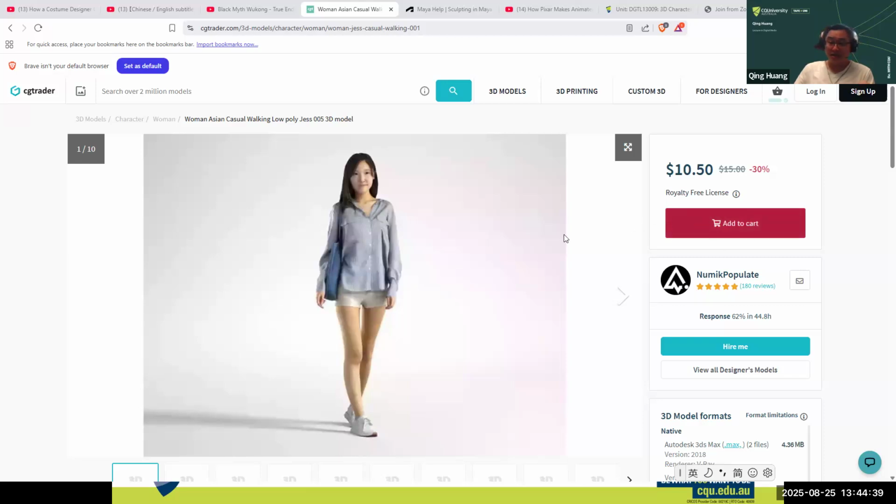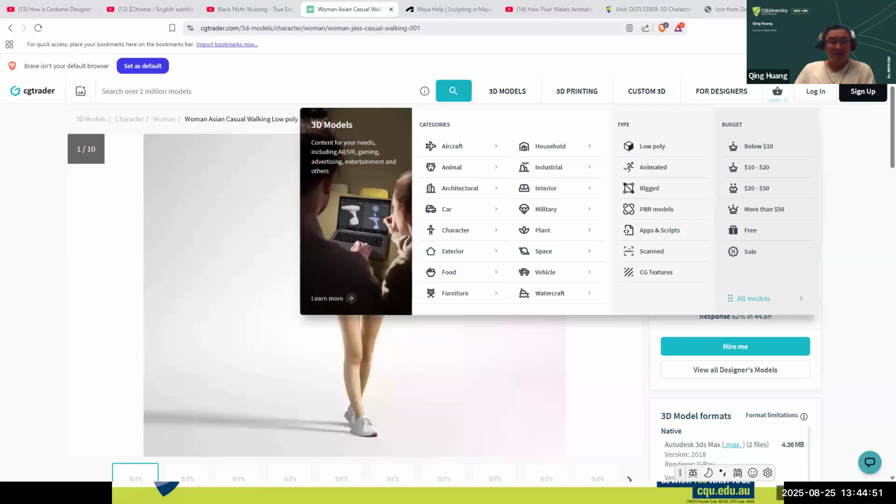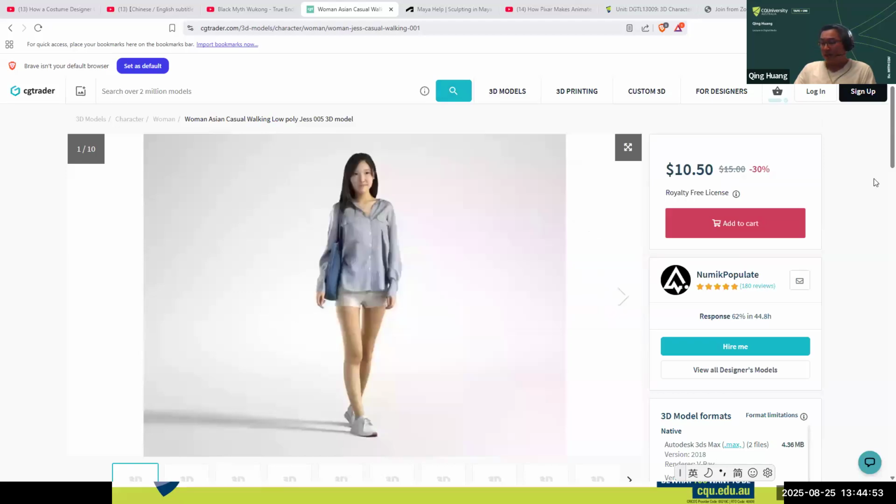But unfortunately, it's now charging. It used to be totally free when I first introduced this one. But there are plenty of references online. You can search online, like CG Trader, for some free models with dresses. Or you can just observe in your daily life how dress folds and what the draperies look like. All right, and